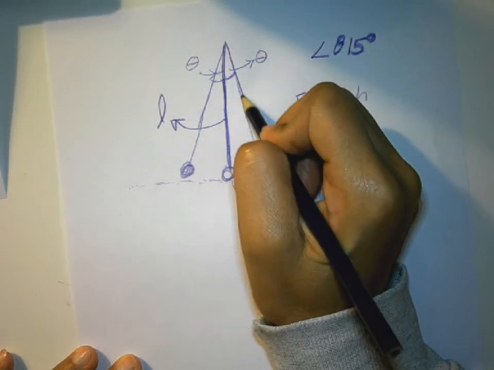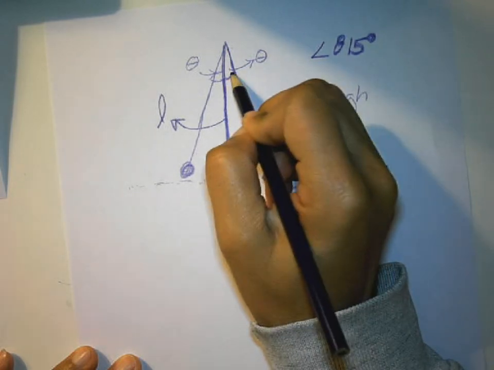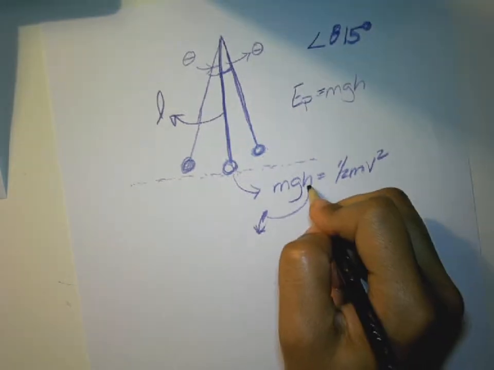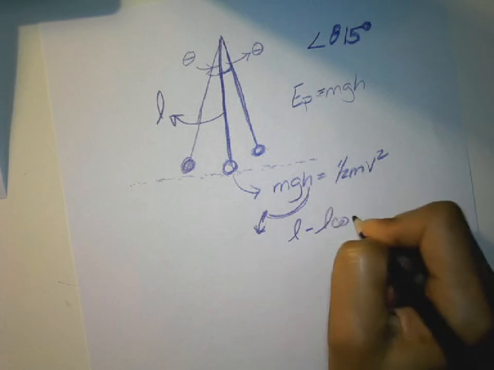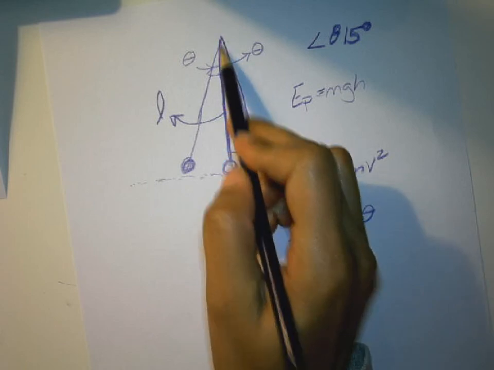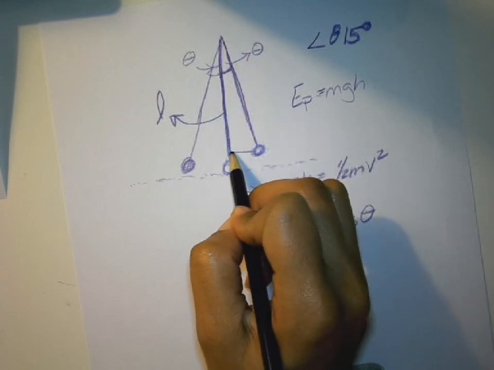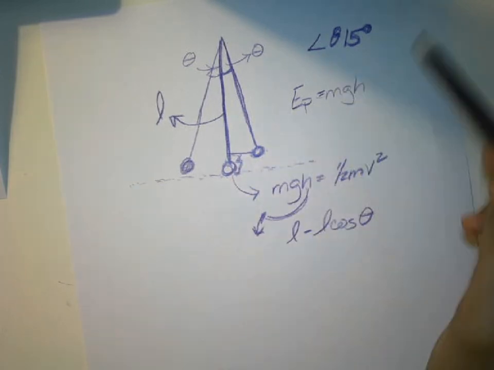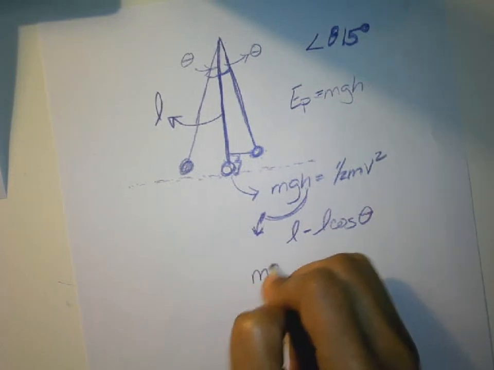And so this height here, which is adjacent to this angle, is L cosine theta. So the height becomes L minus L cosine theta. Because if I know this height and I subtract this height from it, then I know how far it's fallen. That's the h. That's how much potential energy has been converted into kinetic. So mgh,